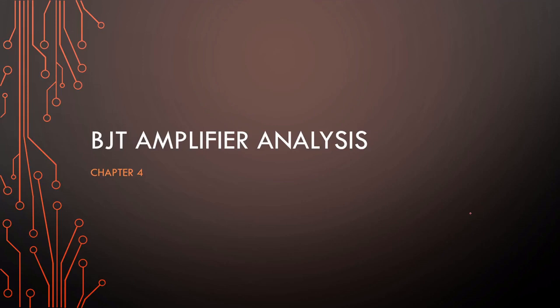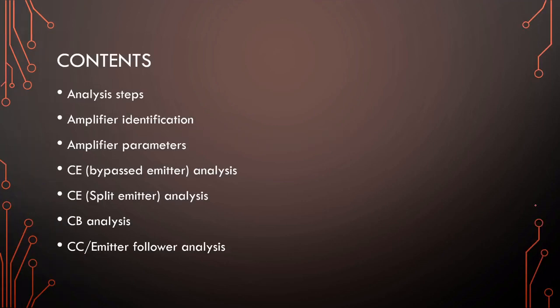Welcome to a video on BJT amplifier analysis. In this video we will be looking at the analysis steps, amplifier identification, and amplifier parameters, so what we need to get out of the analysis. Then we will be looking at the following BJT amplifiers: the common emitter with a bypassed emitter resistor, the split emitter, common base, and common collector or the emitter